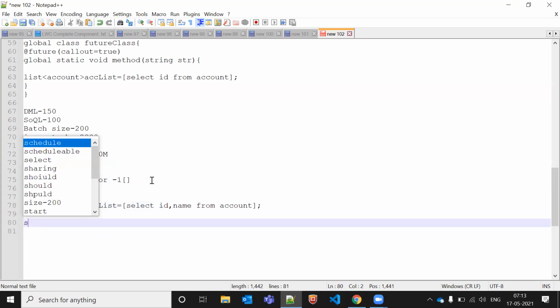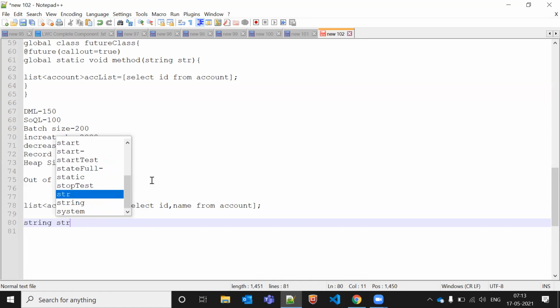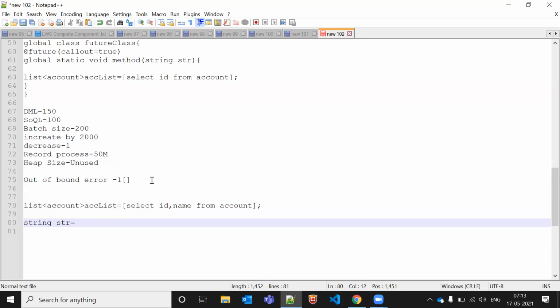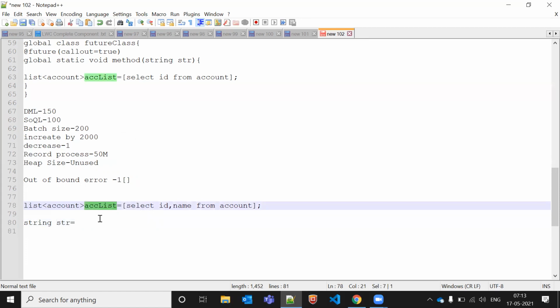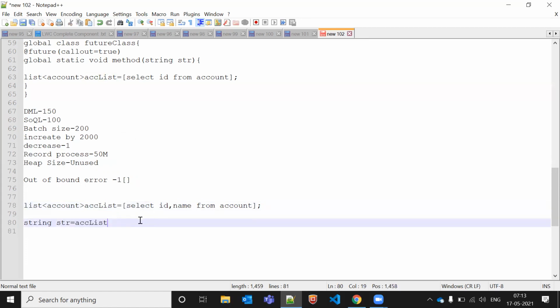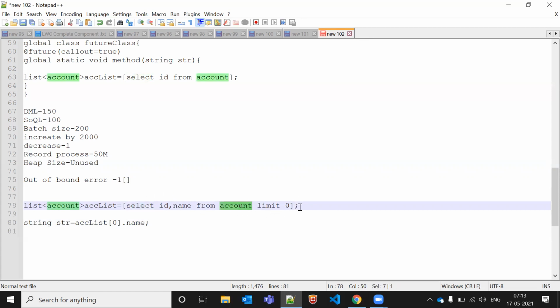Let's say I want to store some value in the string str. I want the name of the first value, so I make the first value the name. Let's say there is no record in the database, 0 records, or we are writing limit 0 here. It will not return anything.